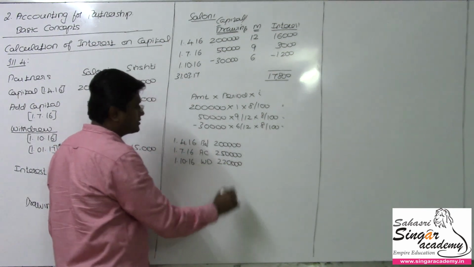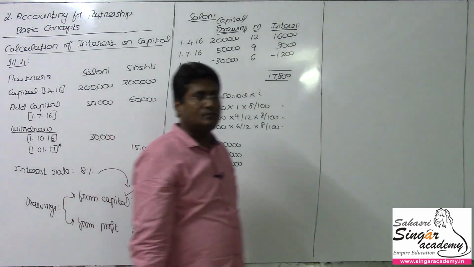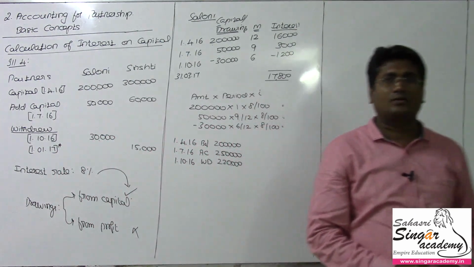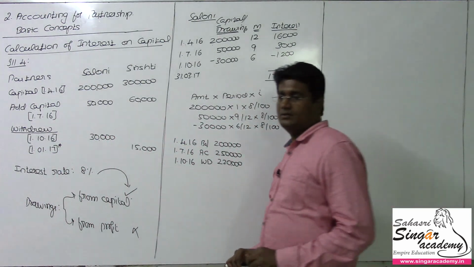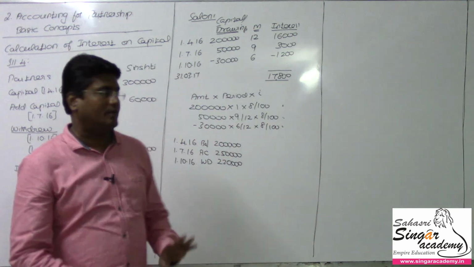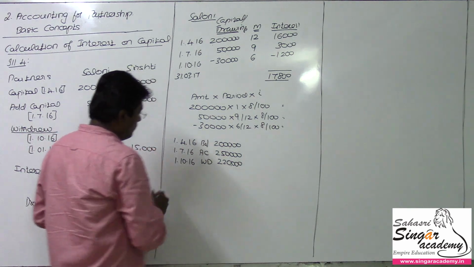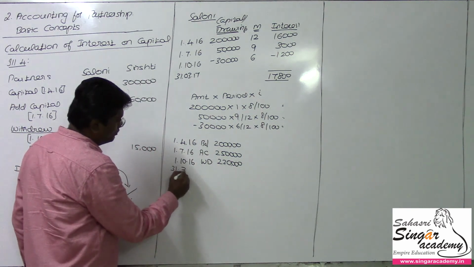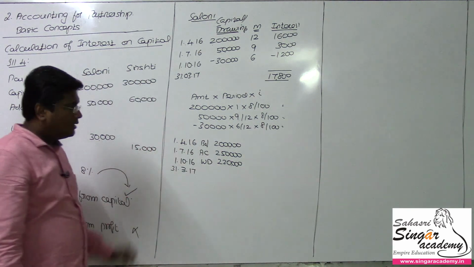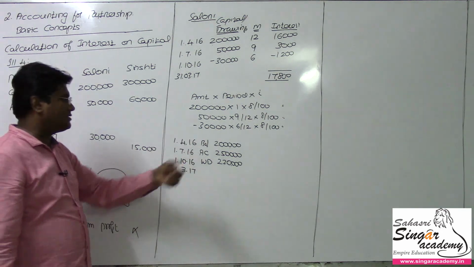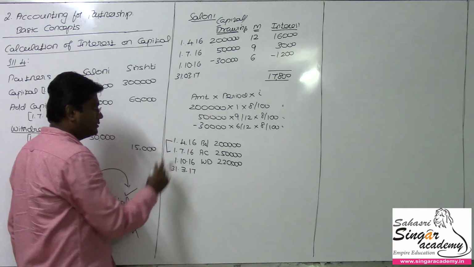Remember, this capital is drawings against the capital. We have drawings against the profit also. Drawings against the profit will have no impact for interest here as being time being, right. So 2 lakhs. What is the year end? 31st March 2017 is the year end. How many periods does the 2 lakhs remain there? From here to here.